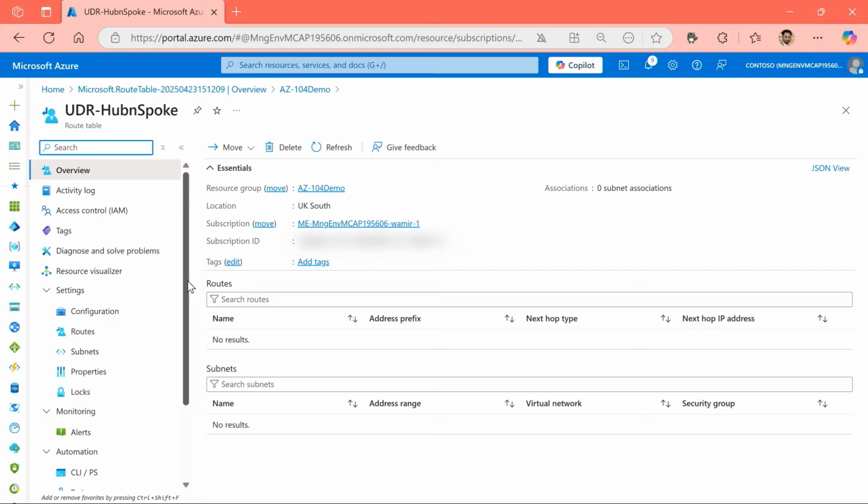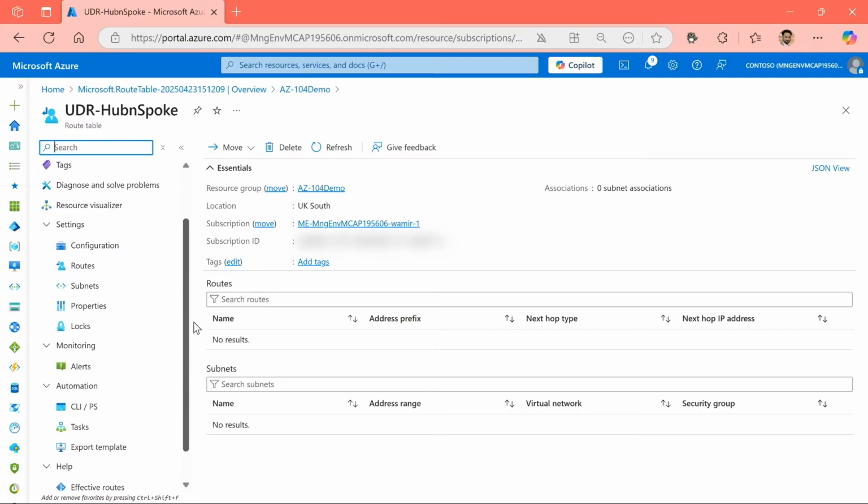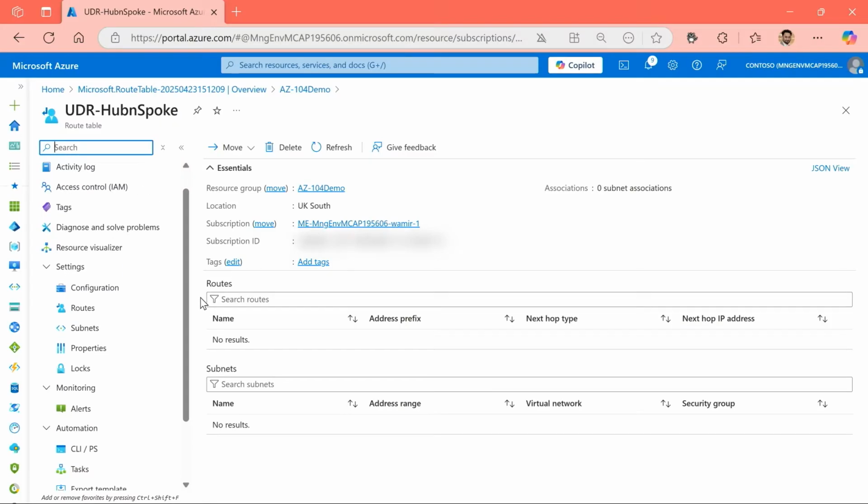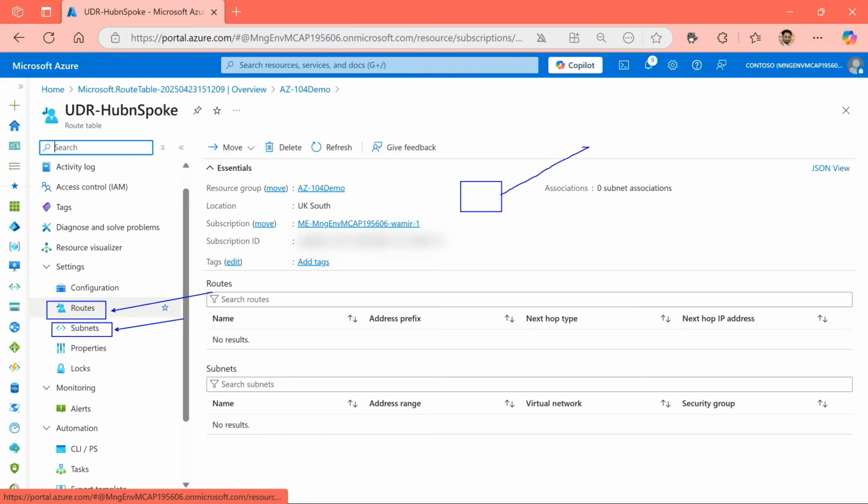Now, currently, there's nothing configured in it. It's just an empty table that we are looking at. There are two key areas that we need to configure as part of the setting. One of them would be to define a route, that is how this traffic is flowing through. And the second part that we need to do is assign a subnet, the subnet that we're connecting from. So we're defining, hey, from this subnet, take this traffic to that destination. This is what we're defining for this particular resource type. So let's start doing some of that.